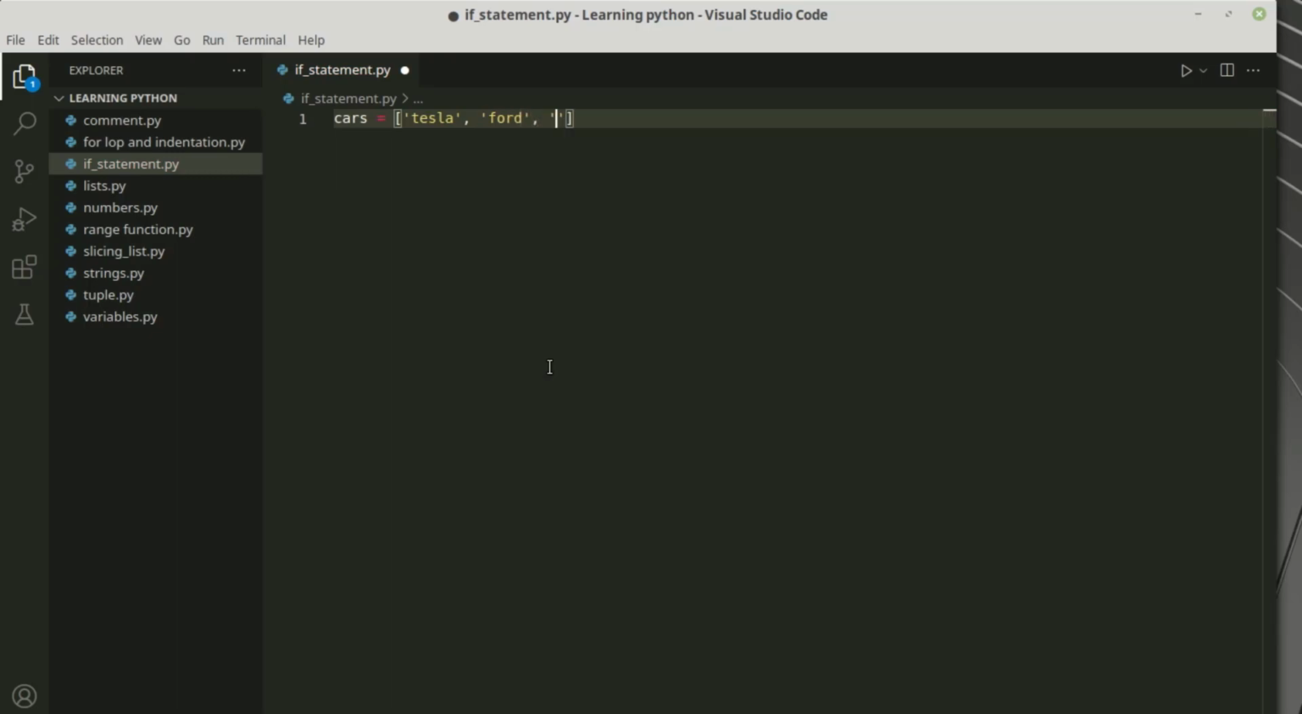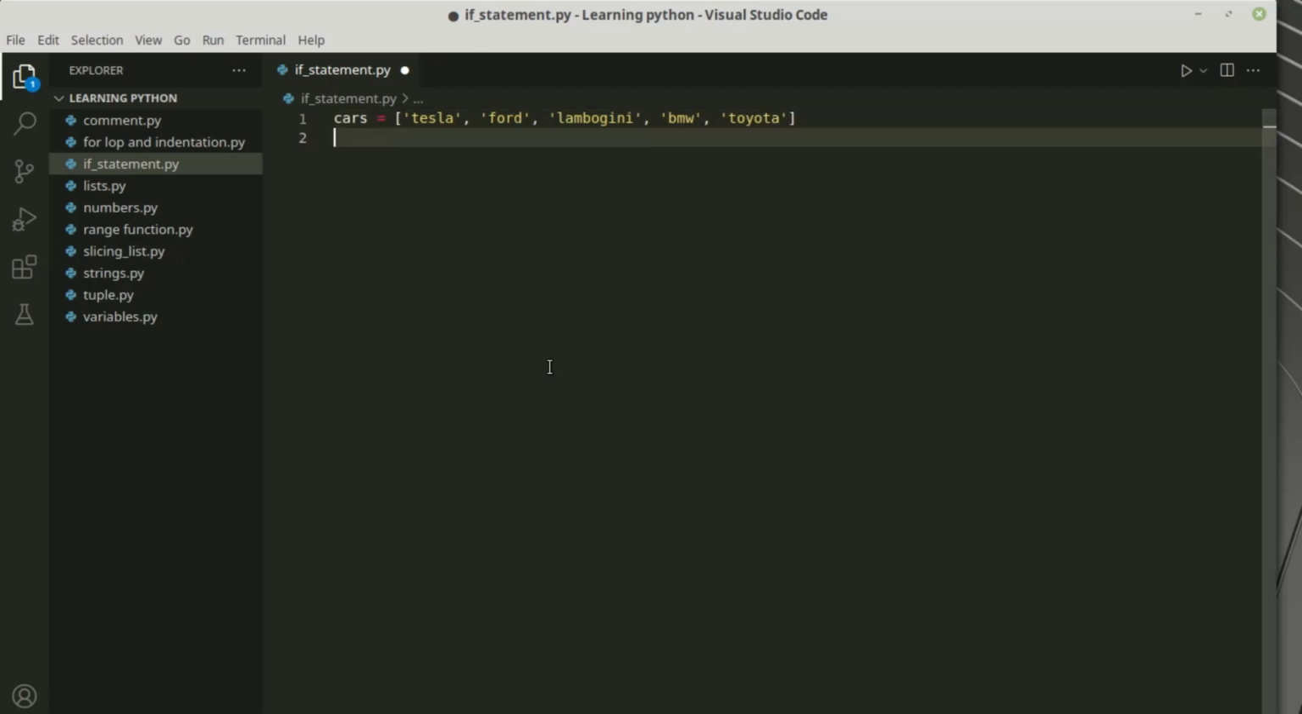Okay, we have another called Lamborghini, like this, and we have another car called BMW, and let's make another car to be Toyota, like that. Okay, Toyota. Alright, so we have a list of cars, and we have 0, 1, 2, 3, 4 elements inside this particular car list. So in order for us to look at how the if statement works in action, we want to